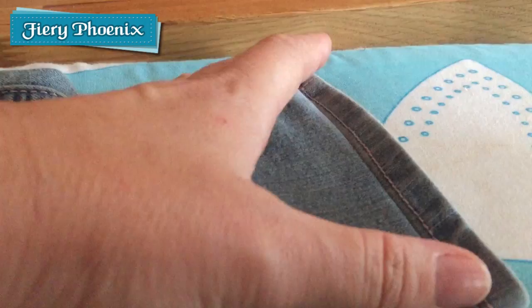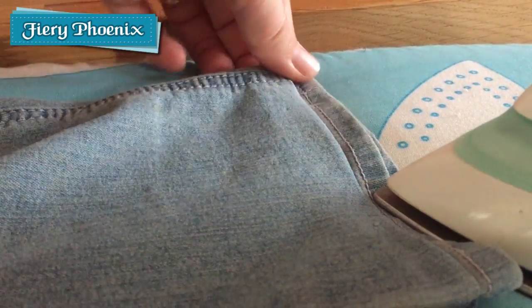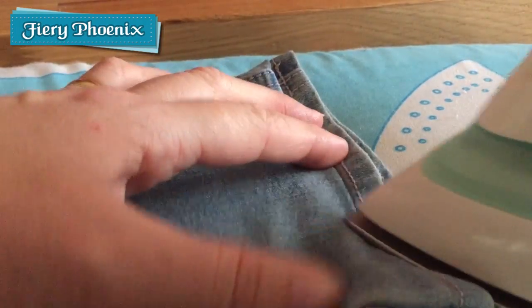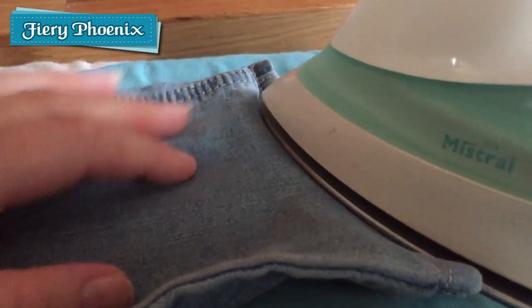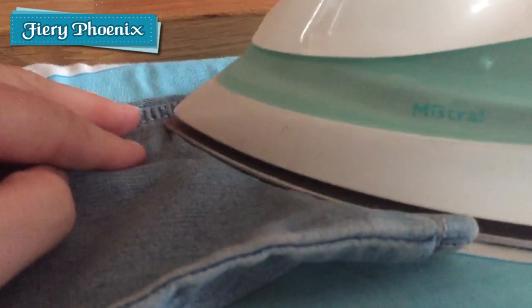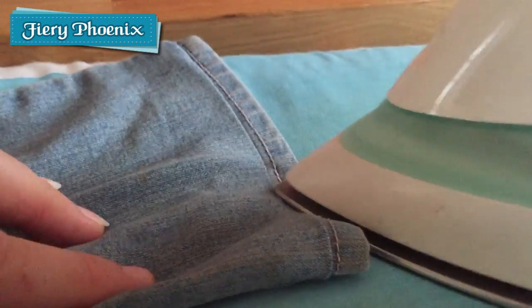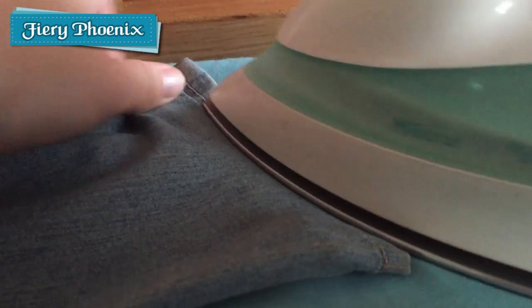So you take your iron, make sure that it is as warm as can be for your denim, and what you need to do is pull the denim tight as you are pressing, because we want this to look as invisible a line as possible. And the way to do that is by keeping that tension and keeping as little fabric folded under as possible. And then we'll do the same on the reverse of the leg. We just press that out,